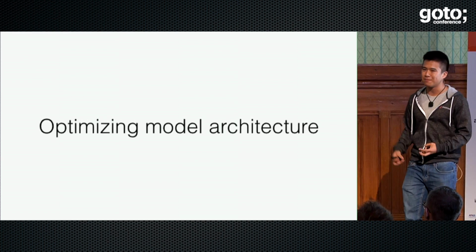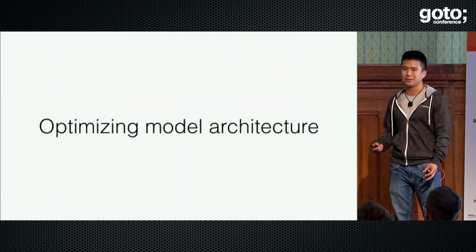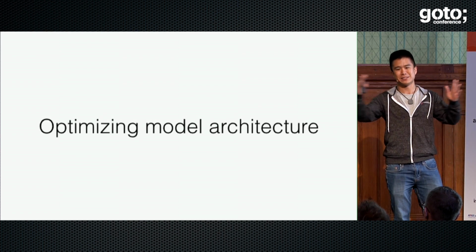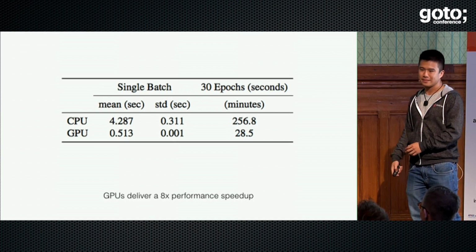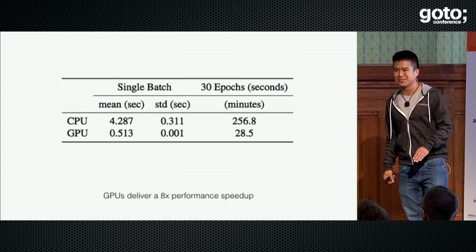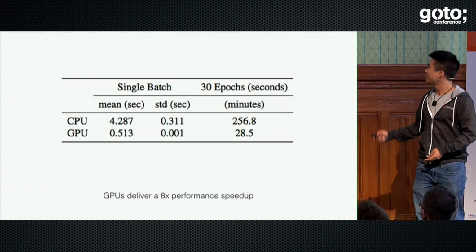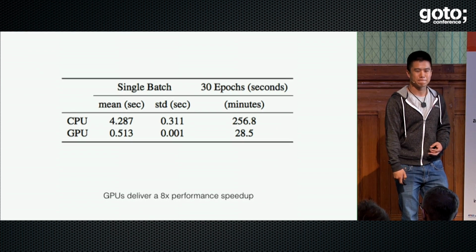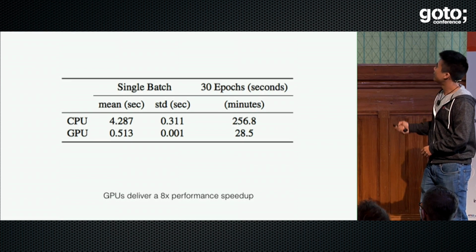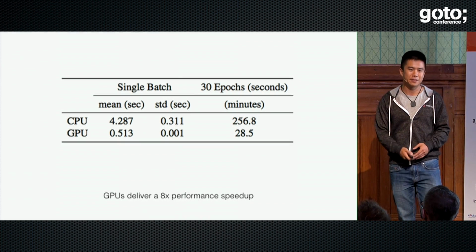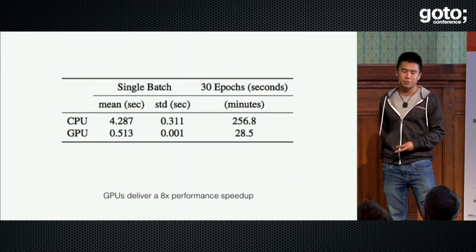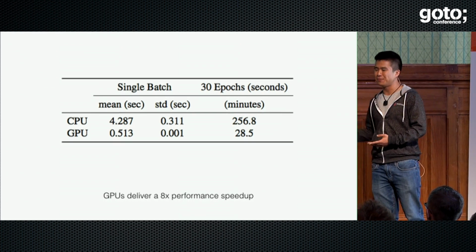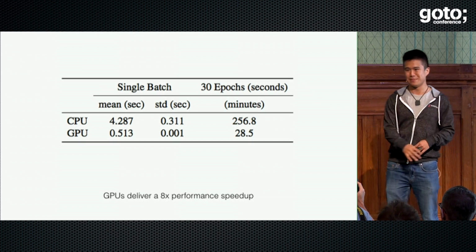We now have the BachBot model, but there's a couple parameters that we need to look at. I haven't told you exactly how deep BachBot is, nor have I told you how big these layers are. Before we start, when optimizing models, this is a very important learning, and it's probably obvious by now. GPUs are very important for rapid experimentation. I did a quick benchmark, and I found that a GPU delivers an 8x performance speedup, making my training time go down from 256 minutes down to just 28 minutes. So if you want to iterate quickly, getting a GPU will make you 8 times more productive.